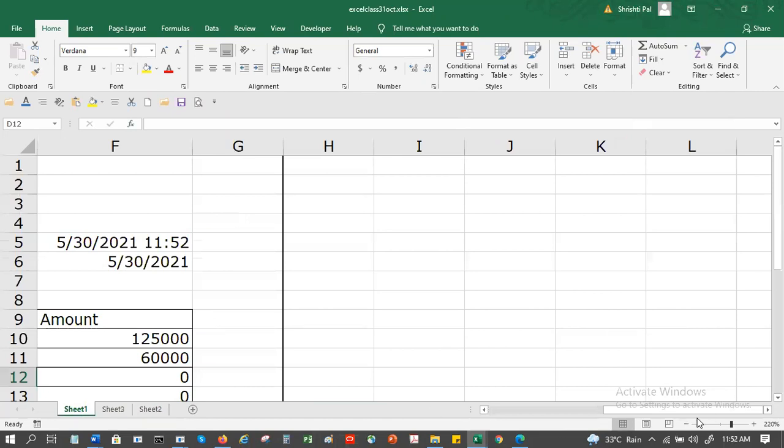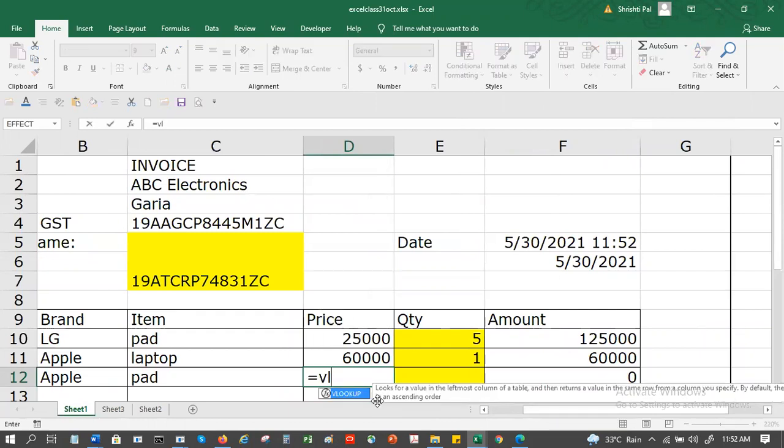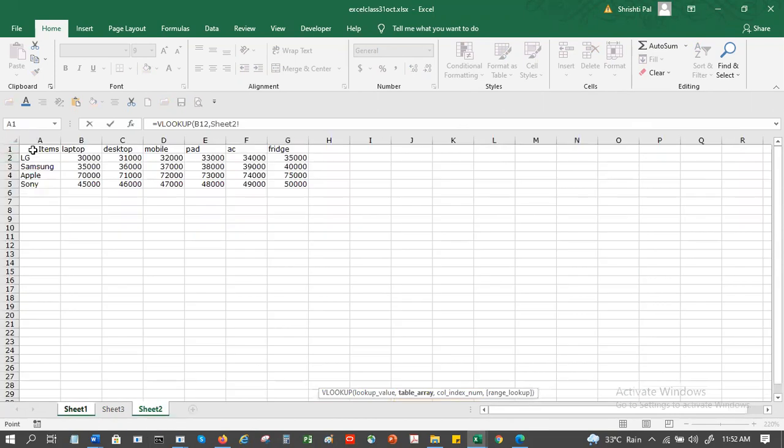So if I try my same formula here, what I'm doing is a VLOOKUP. VLOOKUP what? Apple. From where? Okay, from this table. Sorry, from this.